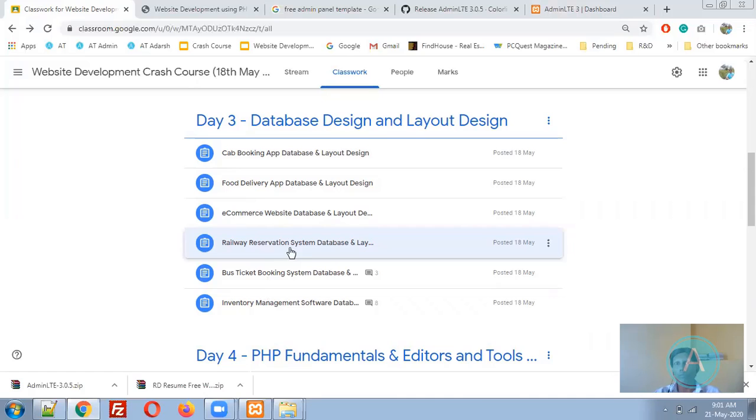Then download the front end template, download the back end template, and start preparing things. I will come back after 15 minutes to solve your errors, because at that time you will come to know how to do this, how to do this, so that I can solve it. Okay, start preparing the theme. I will be back in 15 minutes.